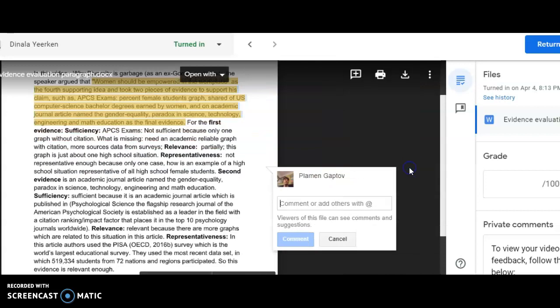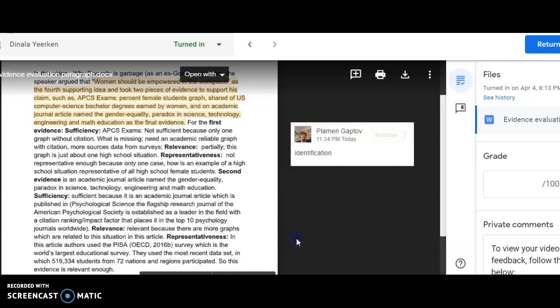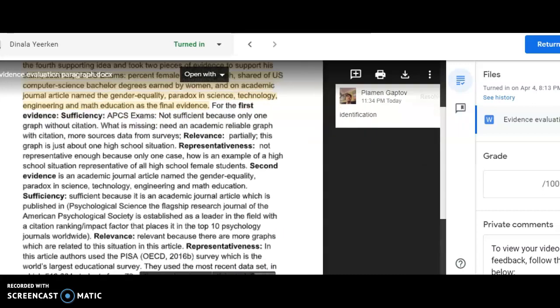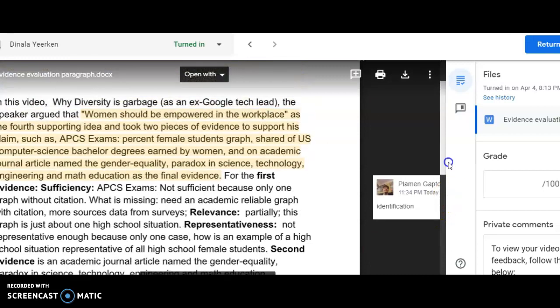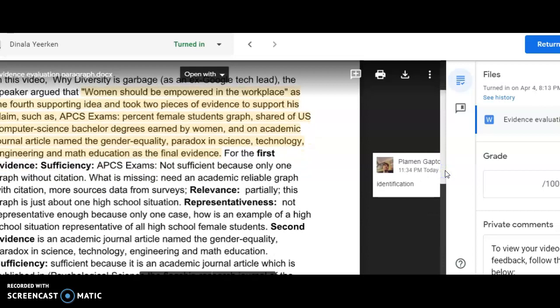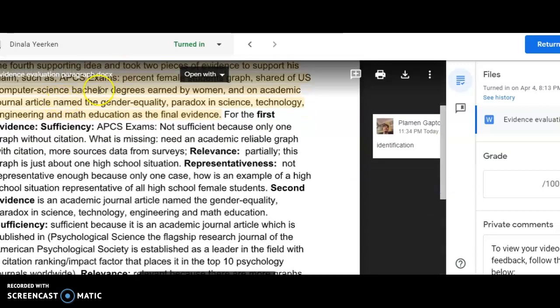that I've selected in the actual exam, this will be part of your identification paragraph. Remember how we start with an identification paragraph, which is 75 to 100 words, and then the next step is to write the evidence paragraph, which is separate. Okay, so you've done a very good job here identifying the pieces of evidence and the supporting idea, but again, try to rephrase the idea in your own words.